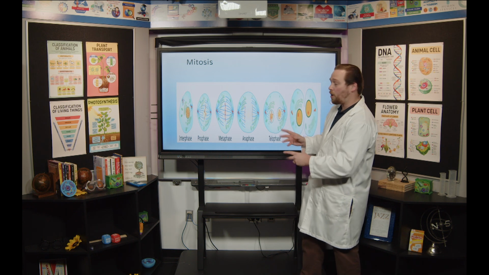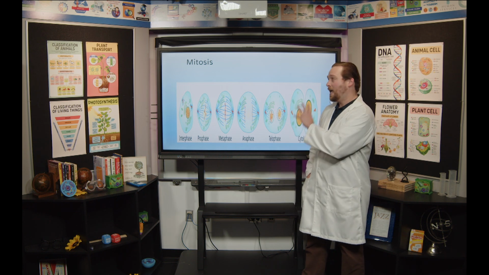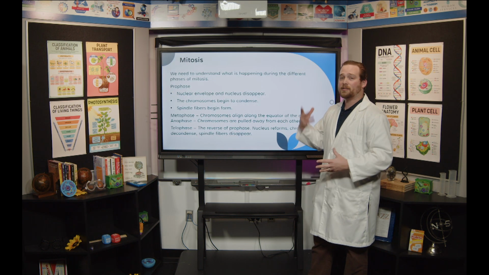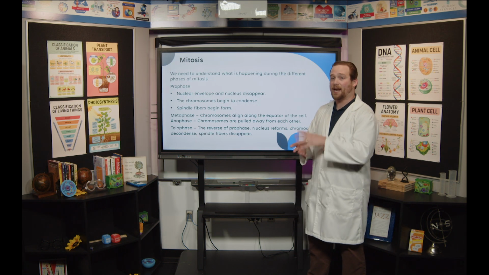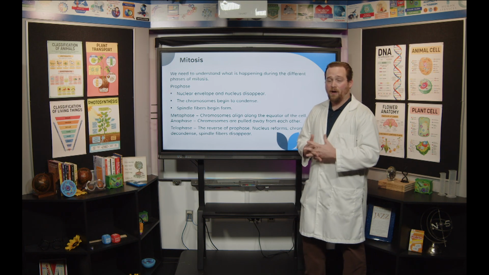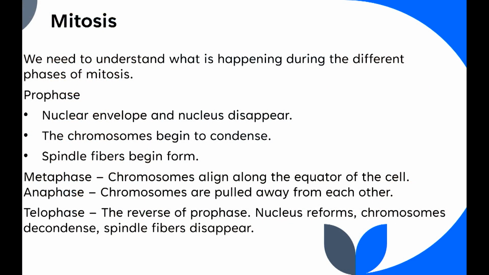Okay, so that's just kind of an overview of some things that are happening in mitosis. We'll just take another look at that real quick on the next slide. So this is a lot of that information that I just said. I just wanted to kind of spell it out so it's a little bit easier to read and follow along with. So let's take a closer look at this, and then we'll go ahead and start wrapping up for the day. So during mitosis, remember that there's 4 phases here. We need to know what's happening in each of these different phases.